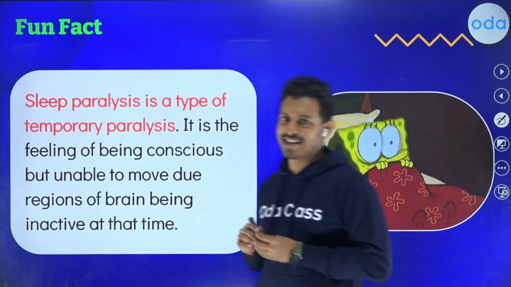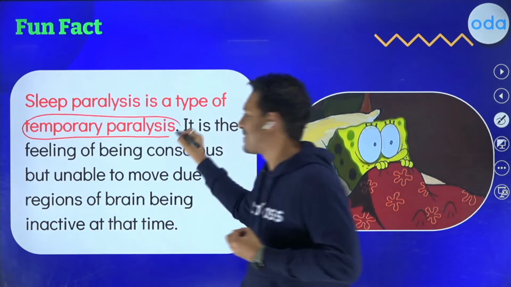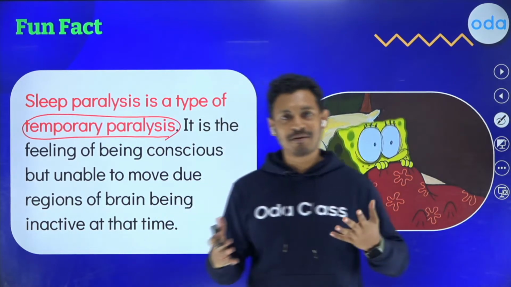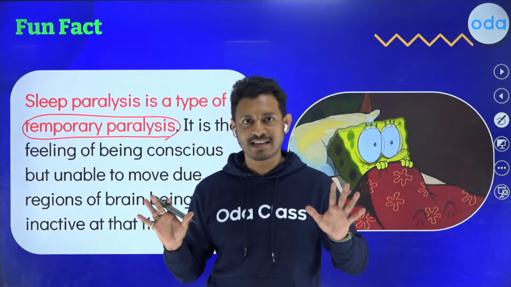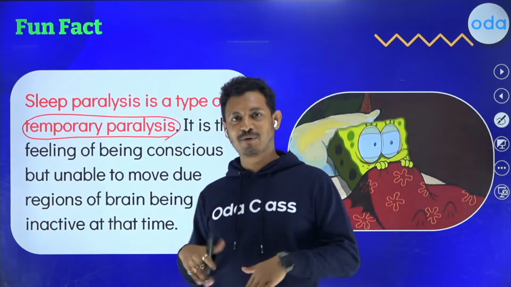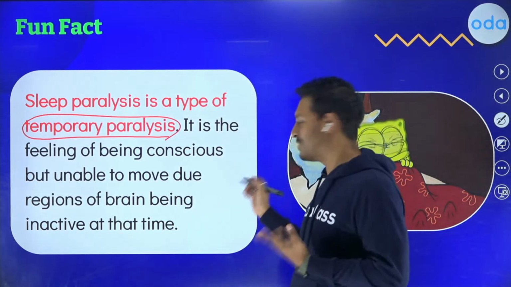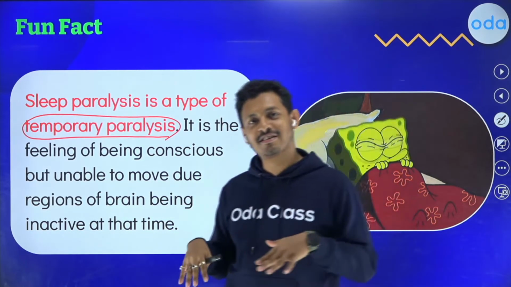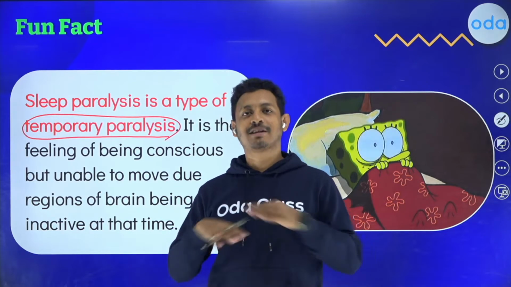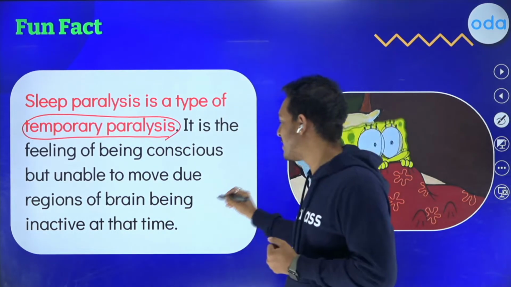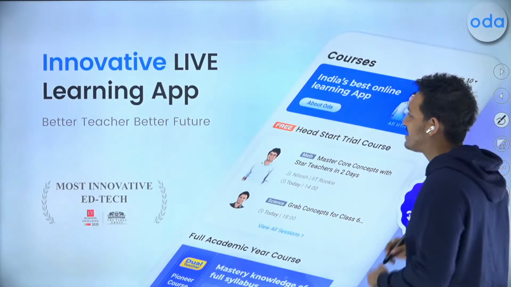In case of sleep paralysis, on the other hand, that's the interesting part. Sleep paralysis is a type of temporary paralysis. What actually happens is you suddenly wake up from a very, very deep sleep, and some part of your brain is aware and understands everything that is happening, but the rest of it, your backbone and everything, is still processing the information. They have not woken up to the situation, because of which no matter how much information is trying to reach your central nervous system, it doesn't, and nobody responds to it. So you're wide awake, lying on the bed, and your body is just heavy. That's how sleep paralysis takes place. It's a temporary paralysis. So I hope now you're clear about how paralysis takes place.